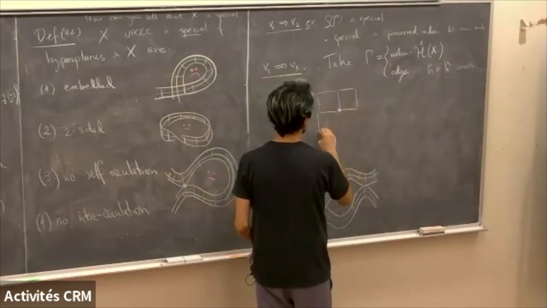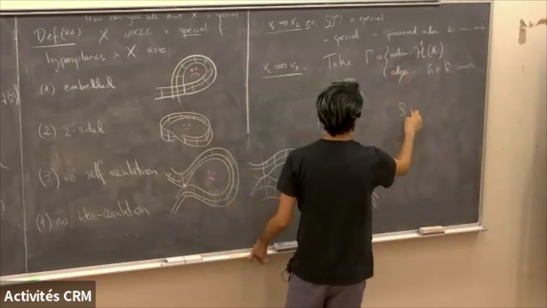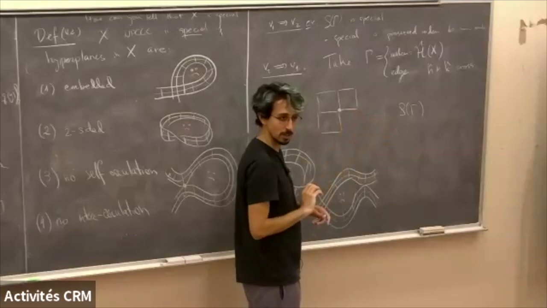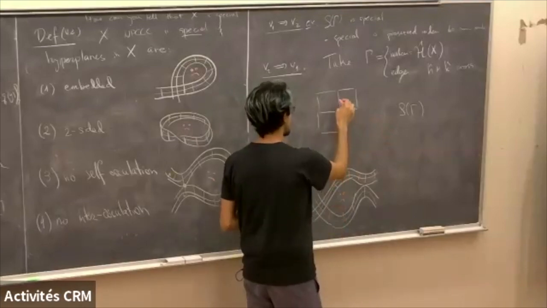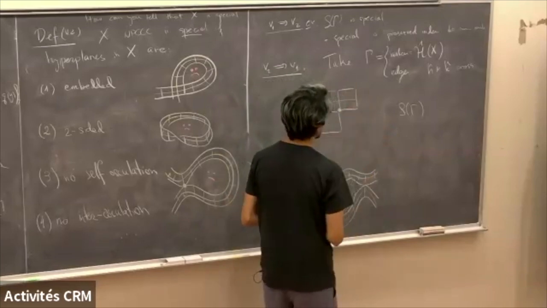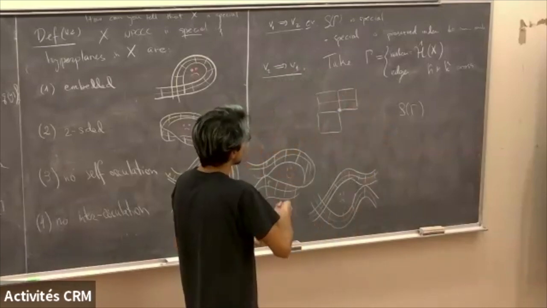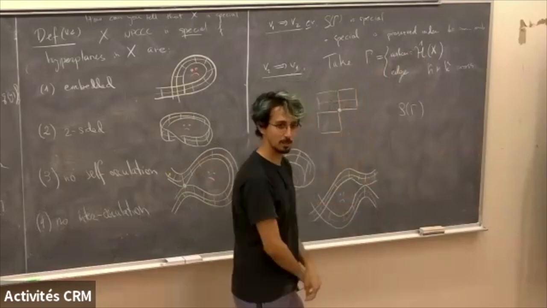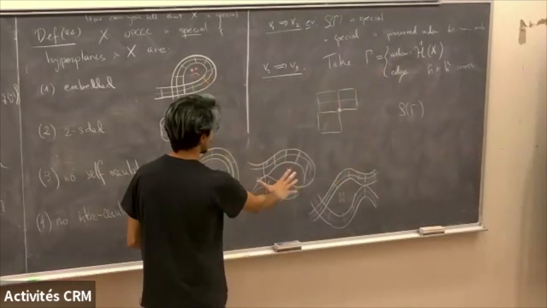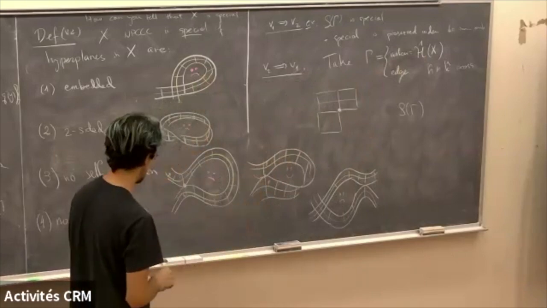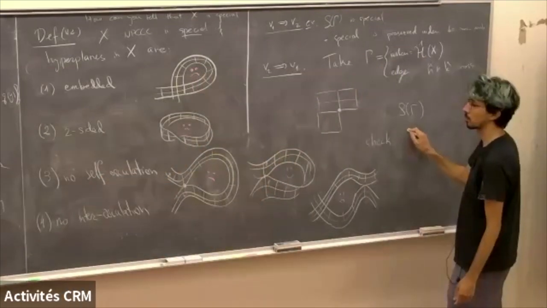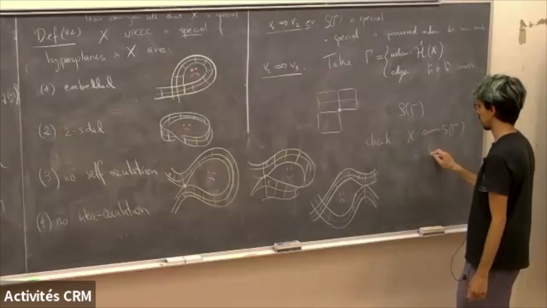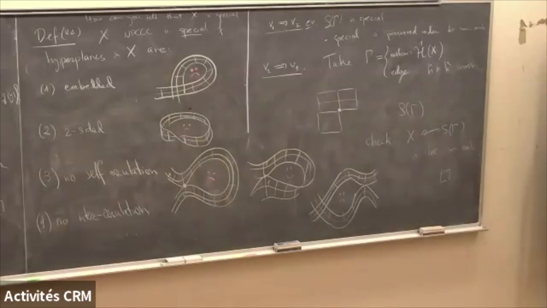If I extend the vertex map of my non-positively curved cube complex, and I want to define a map to S of gamma, what do I do? I map all the vertices to the one vertex I have in S of gamma. For every edge, there is a dual hyperplane, and I send it to the edge corresponding to this vertex in gamma, which is the hyperplane. All of those things are supposed to tell us this is well defined and local. That's the obvious map from X to here, the localization.